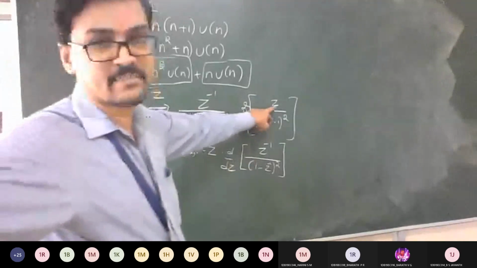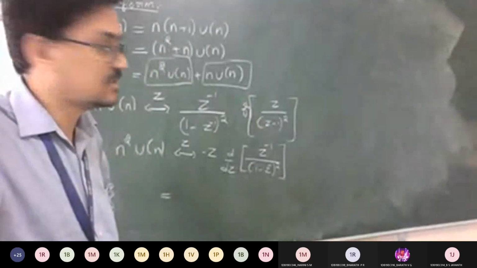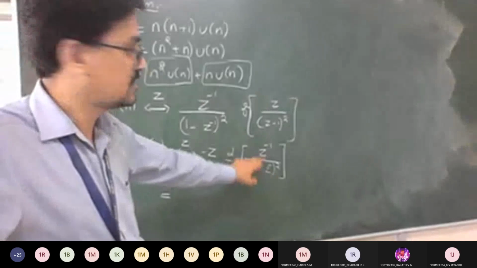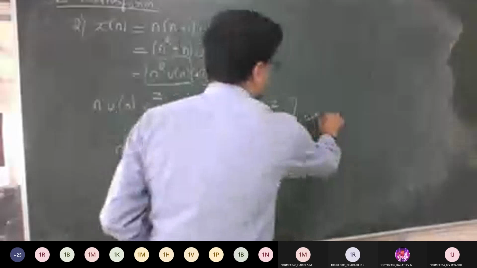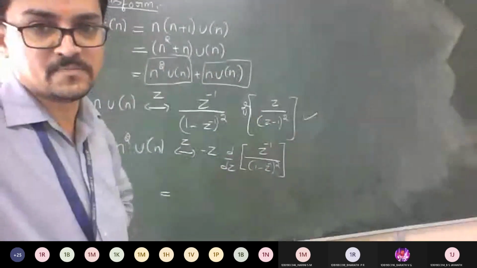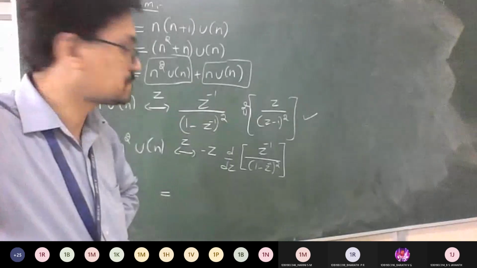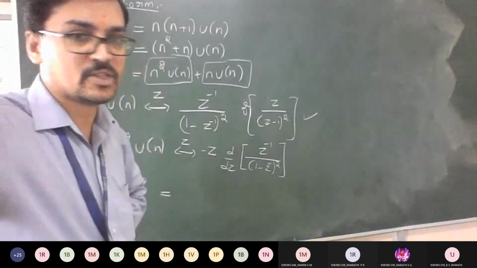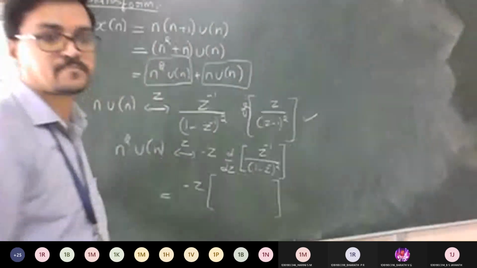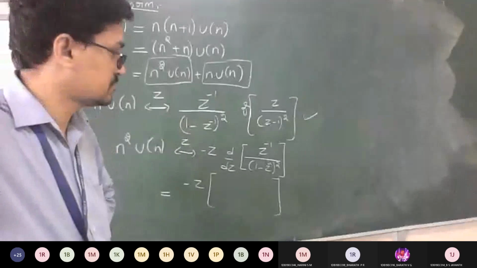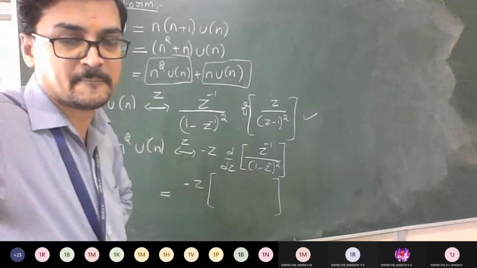If you want, you can keep this in z by z minus a also or z inverse also. Whichever you feel comfortable with, do that. If you're getting confused with how to take z inverse, convert that to z by z minus 1 whole square. You can do differentiation for this. That is also okay, not a problem. Both answers are the same only. Anyone got the answer? Let me keep minus z as it is. So what is the differentiation answer here? If you've done it in inverse, tell me inverse. If you've done it in z, tell me in z.